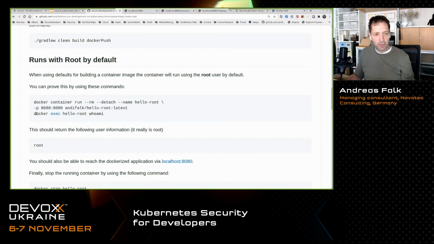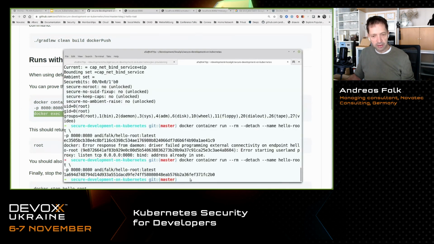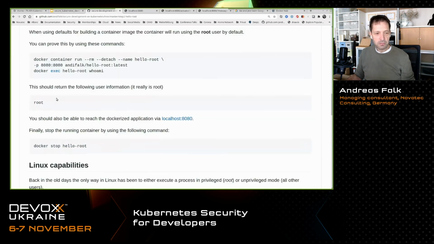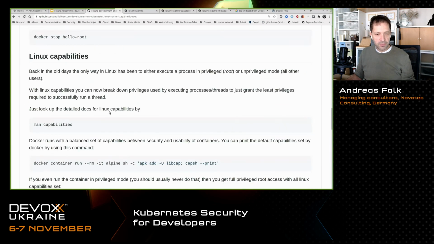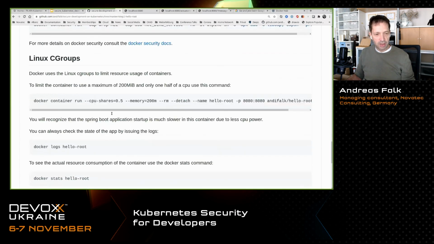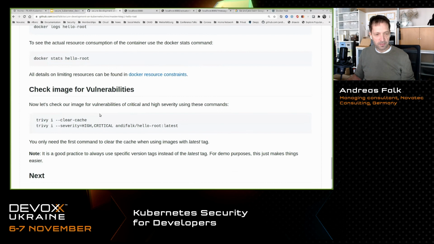And if we now want to check which user is actually executing that part, it types out that it is really the root user that executes that part. So it also uses those capabilities as we have shown before. Nothing special here.